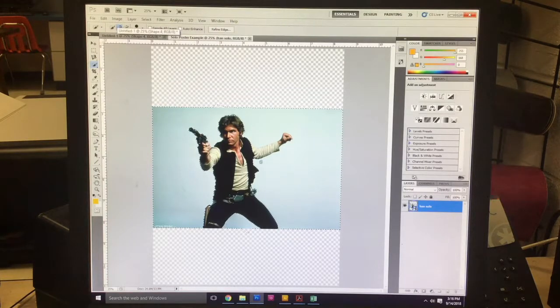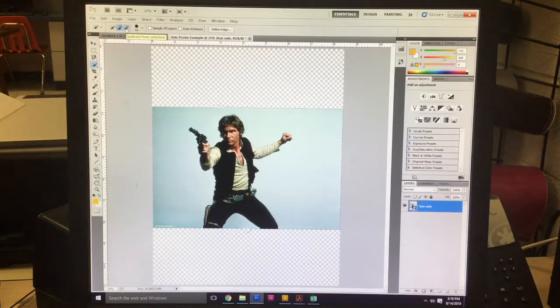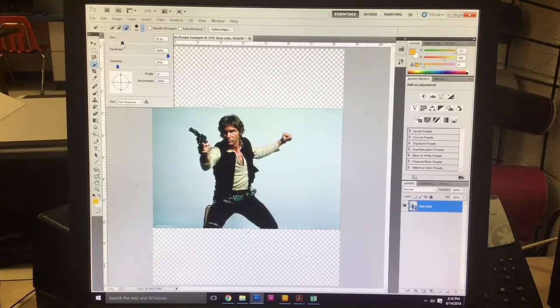So before we hit delete, you can notice that we accidentally selected his fist and his sleeve. I do not want to delete that. So this is where we switch over to the minus. Okay, so switch over to subtract from selection, and we can adjust the brush size if your brushes are too big. We can actually drop down this little menu right up top here using this arrow